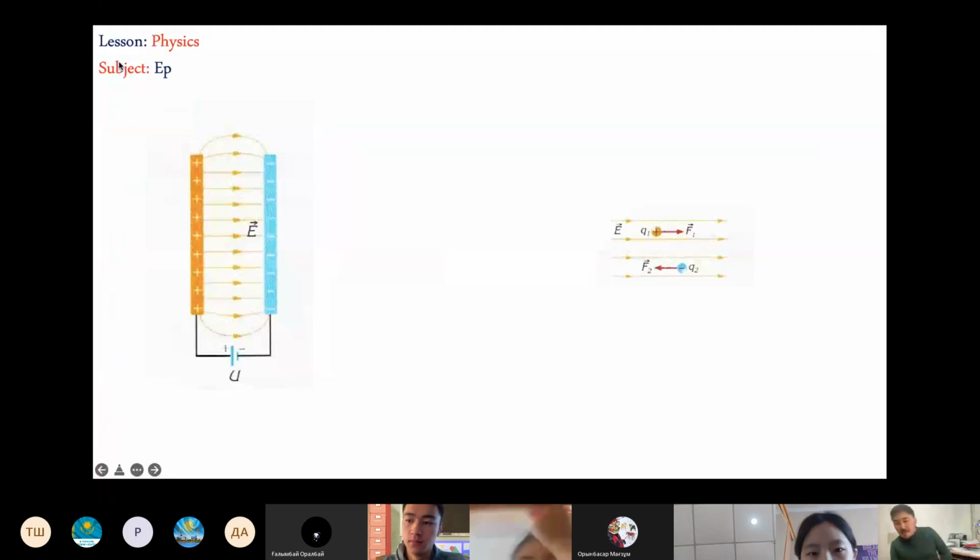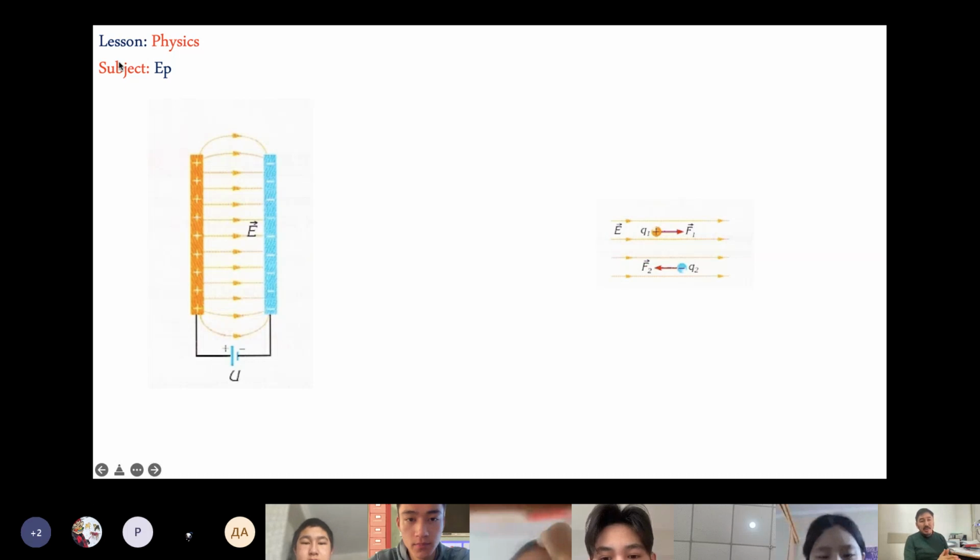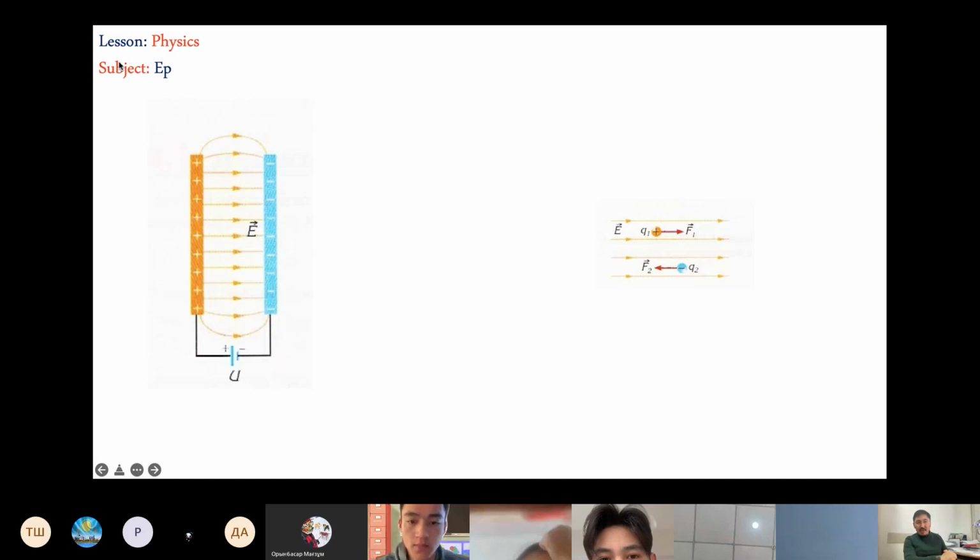Okay. On the last lesson, as Mohammed mentioned before, we've covered the electric field. The first main thing is that the electric field is a vector quantity. What does it mean? It means that it has got its own magnitude and direction. So the electric field indeed can be caused by any charged material. If you remember, electric field lines originate at the positive poles and terminate at the negative.